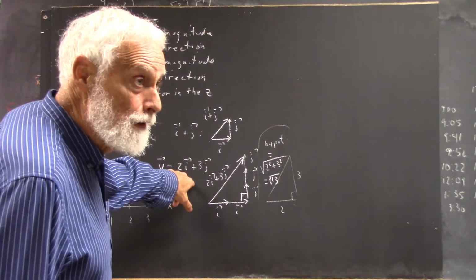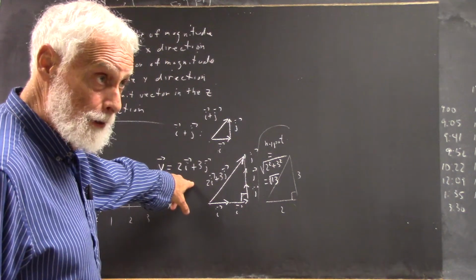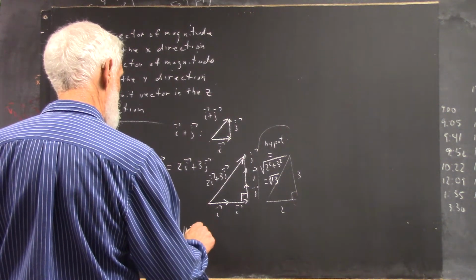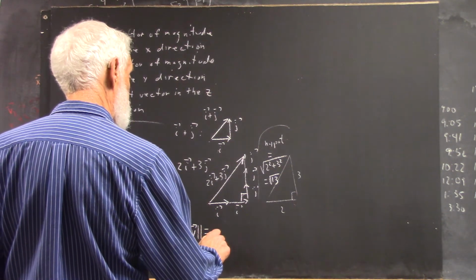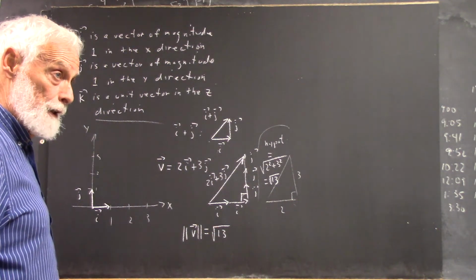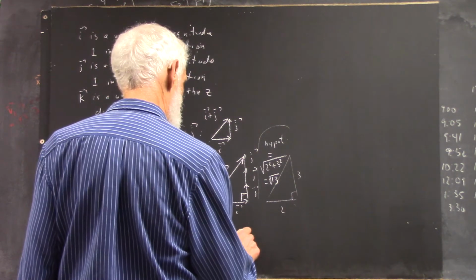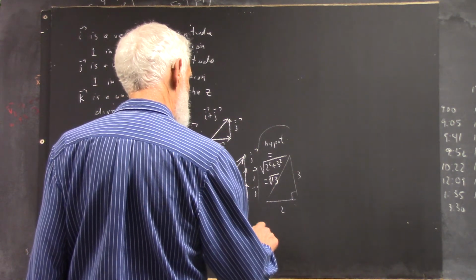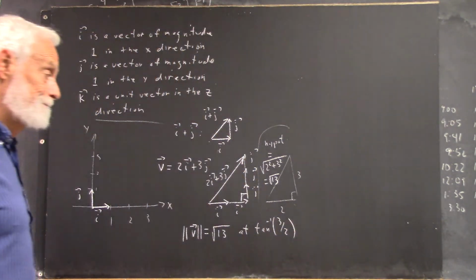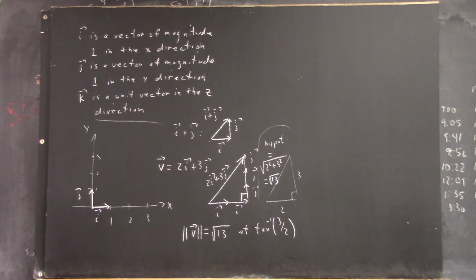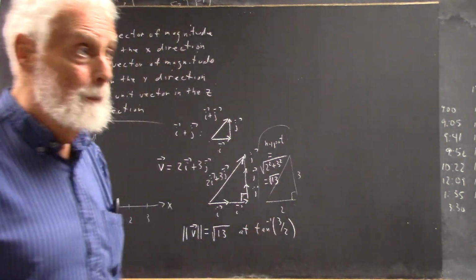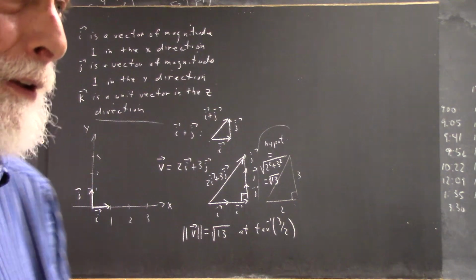Okay, anyhow, you got V equals 2i plus 3j. I say the magnitude of V, and I designate it like this, is square root of 13, at angle arctangent of 3/2. Okay? Another way of specifying a vector. Again, we don't usually worry much about the angle, but sometimes we need to know the basic trigonometry,